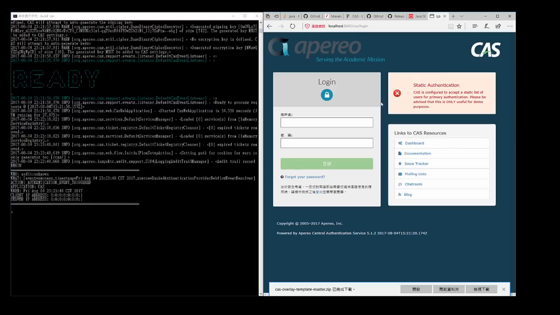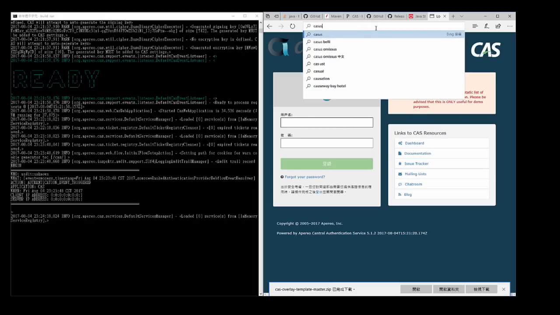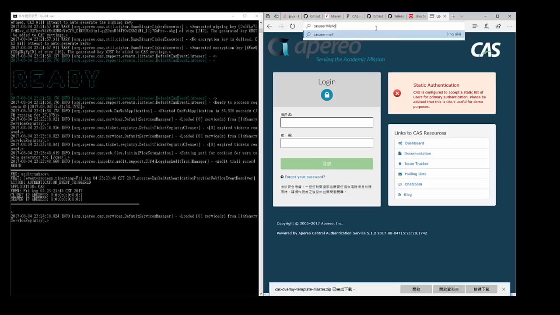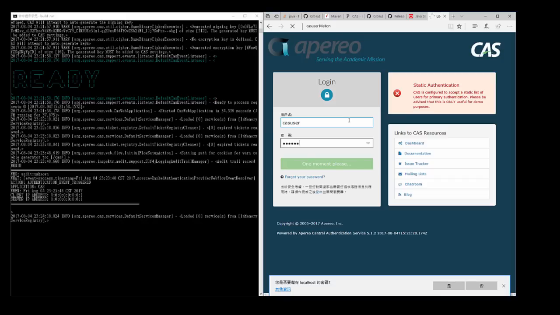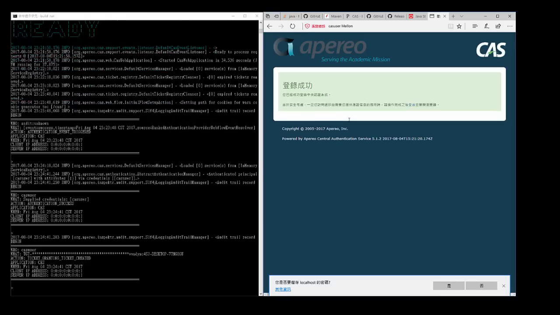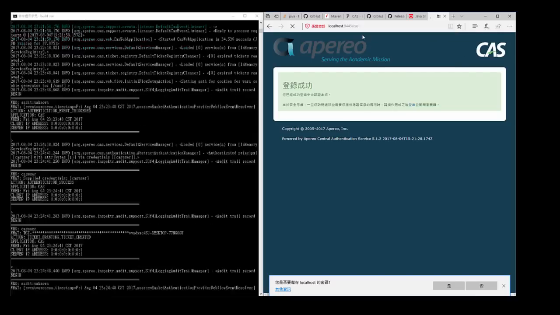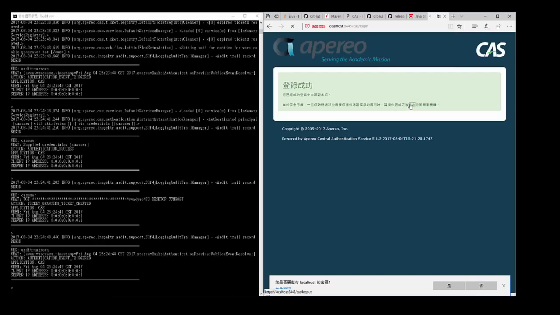So if I make it this, yeah, see, you have this here, and this is very good. This is what you want, a login page. So if you have not added anything, you can type in these two things here, casuser, and then Mellon for the password, and it should log in your account as a static account. And if you want, you can just click log out.